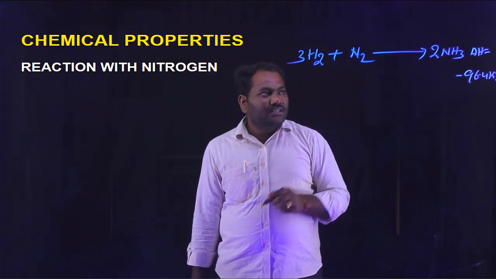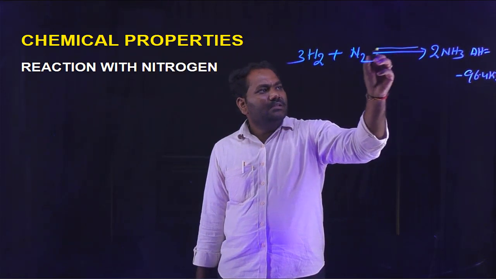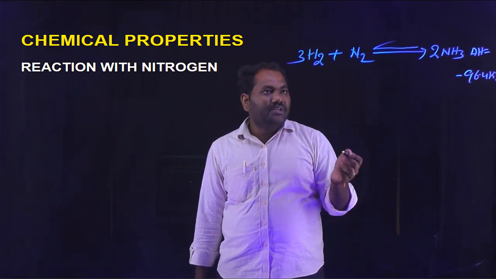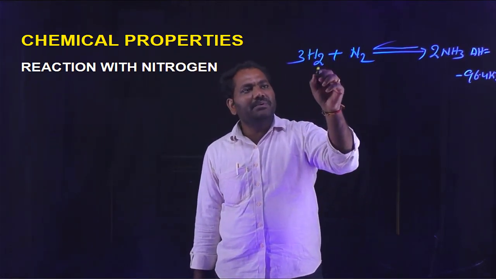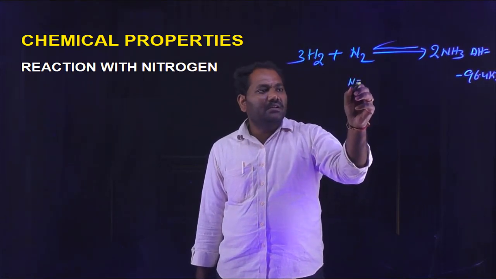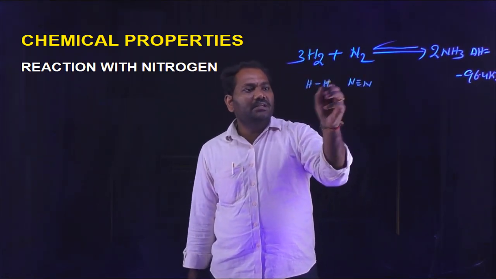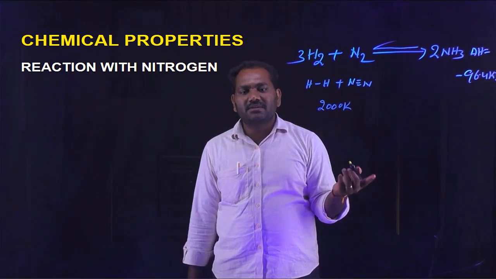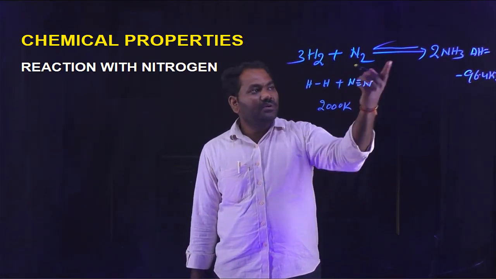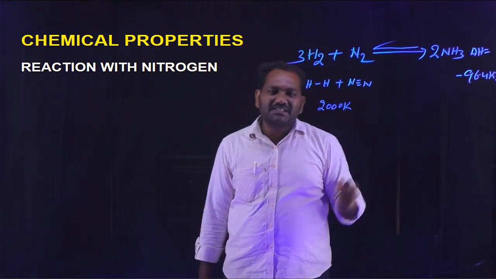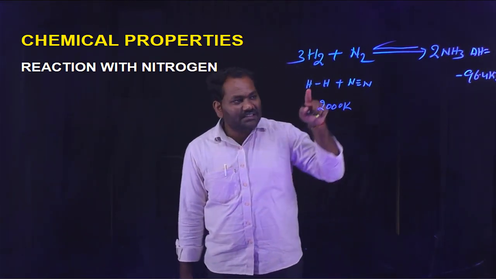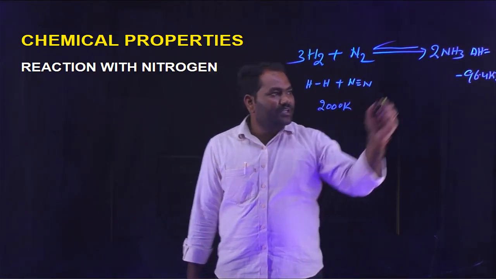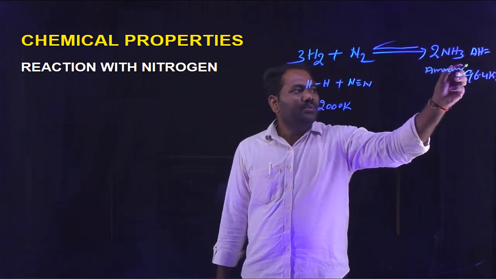This is also a reversible reaction. Breaking the bond between nitrogen and hydrogen needs around 2000 kelvins, but it is an exothermic reaction and moreover reversible, so some conditions are needed to get a good product. This is a very important reaction called the Haber process. The product is ammonia, which is also an important compound.